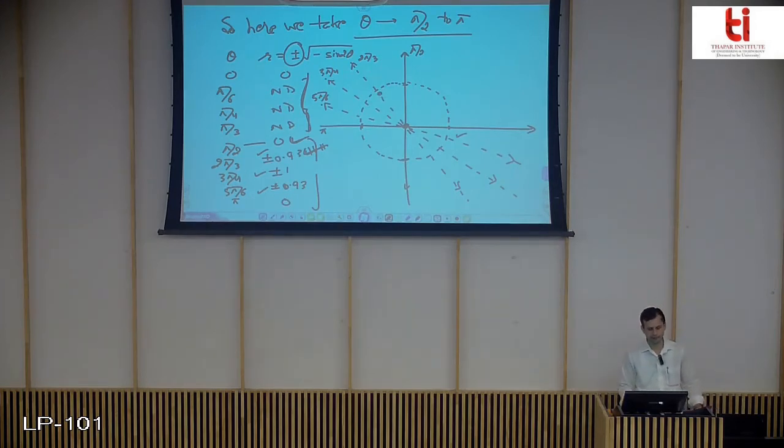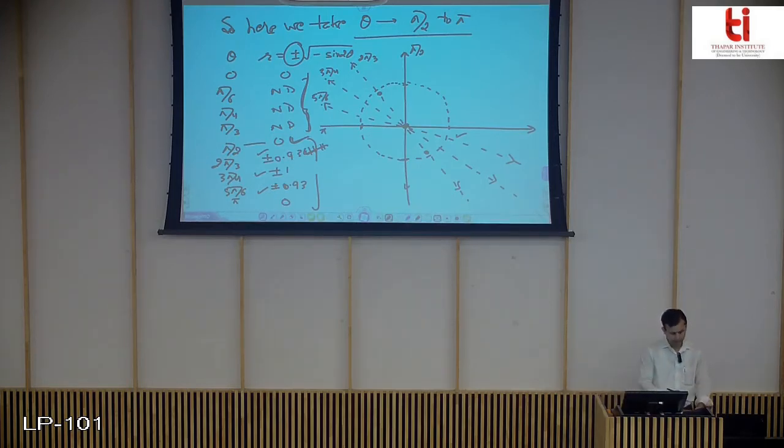Since you are at the origin looking in the direction of 120, if you take R positive, it is here. But if you take minus 0.93, if you take R negative, you are at the origin looking in the direction of 120 and R is negative, so you will go backwards. And this will be 0.93 somewhere here. That is minus 0.93 corresponding to 2 pi by 3, 120 degrees.